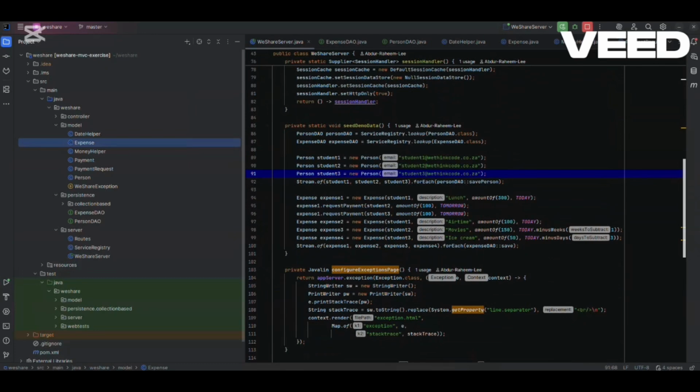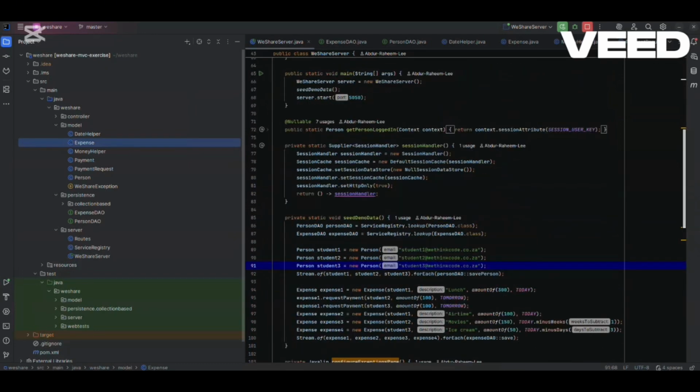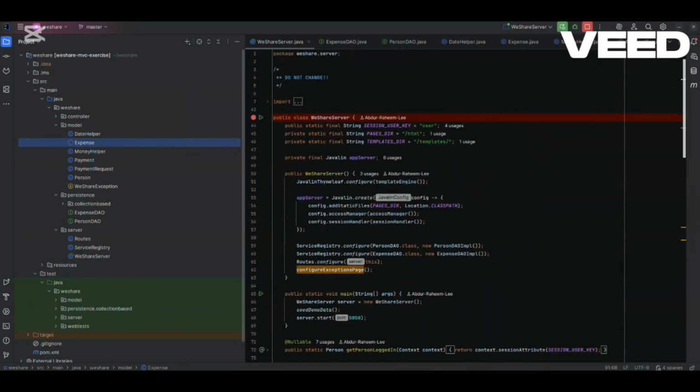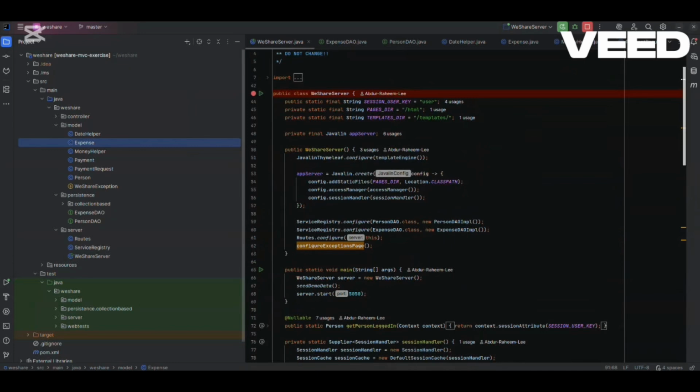So this is where we take our emails, student 1 and student 2 and student 3. That is why when we logged in as student 1, student 2 or student 3, they already had expenses. It's because they were added there and it is hard-coded. So the port runs on 5050. So we move on to the